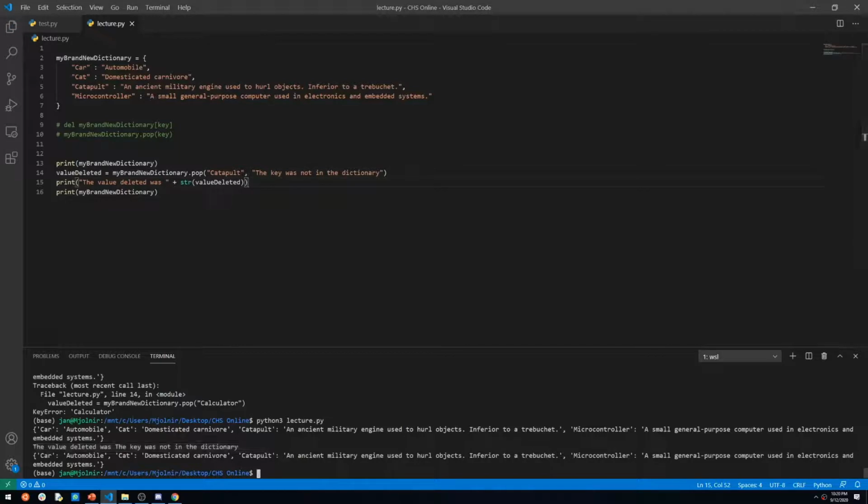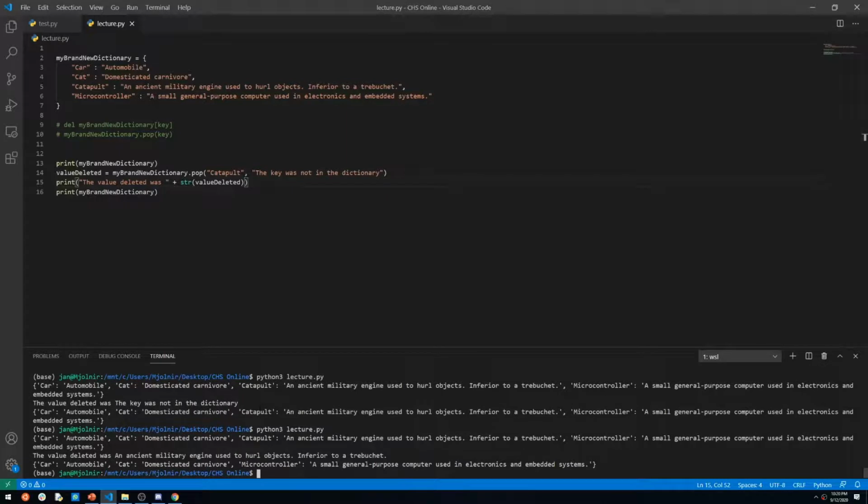But say you did, you're not in your right mind, and you want to delete catapult. If we run the program now, we'll notice that the value deleted variable gets the definition of the catapult entry, what the value that key is tied to, and not this. This is only used if the key isn't found. Otherwise, it behaves identically to the pop function with a single parameter. I highly, highly, highly suggest you use this method of deleting